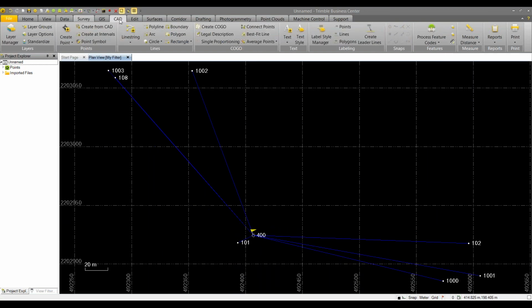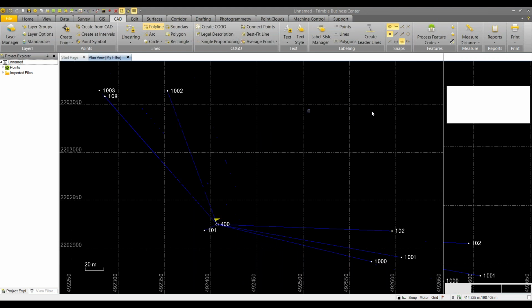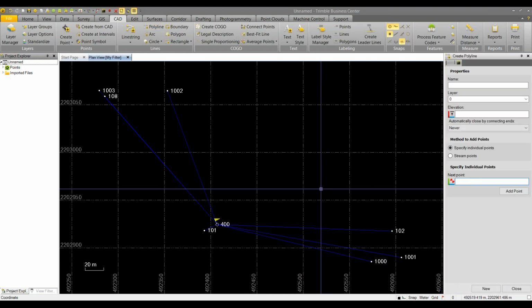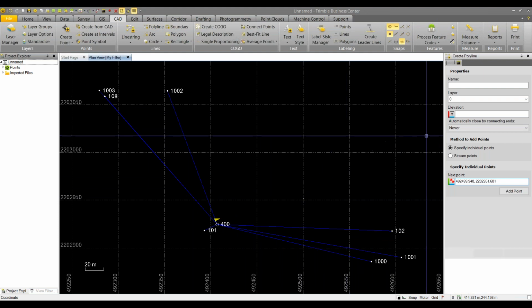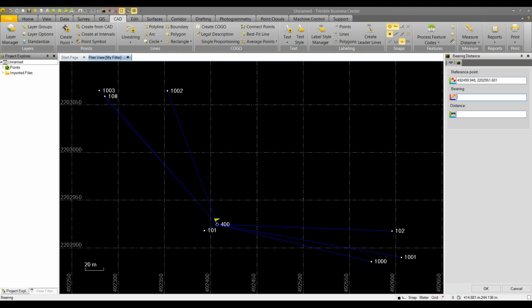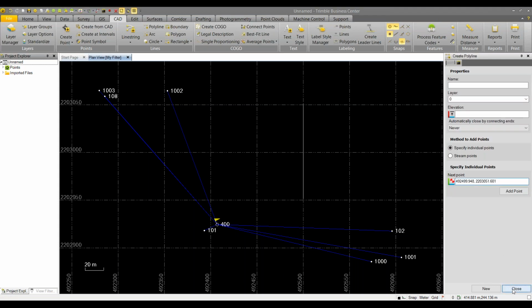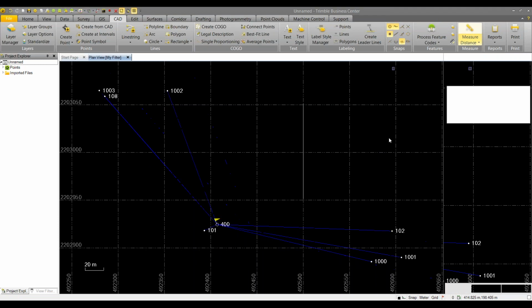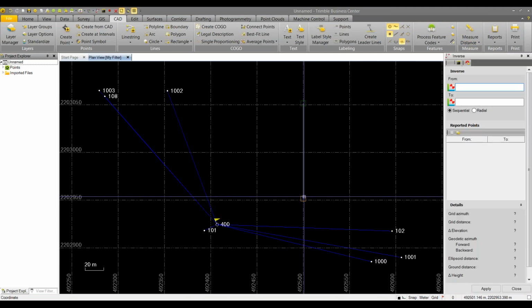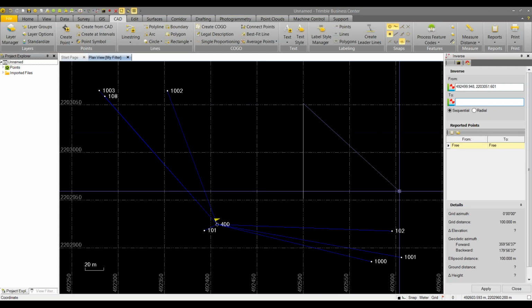I'll close that, and I'll actually just do one more thing. I'll just draw a line in here, and we'll give it a bearing of north and a distance of 100. Close that command. We'll open up our inverse again, and we'll just confirm here. We have a grid distance of 100, which is what we drew, and we actually don't have a